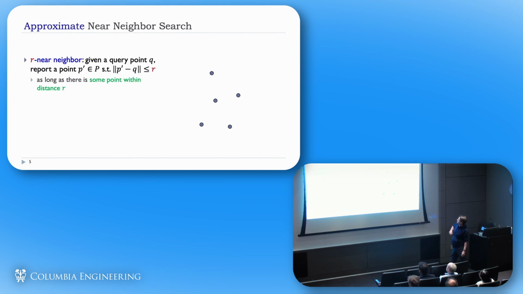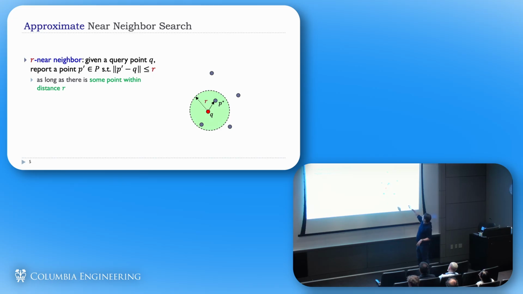One is that we will define a threshold version of it, which is: I give a threshold r, and I want to solve an r near neighbor, which roughly is the following. I have a query, I have a radius r that I care about. Think about this as r is my threshold of similarity. So I think about some kind of similarity search. I want to find things which are similar to me.